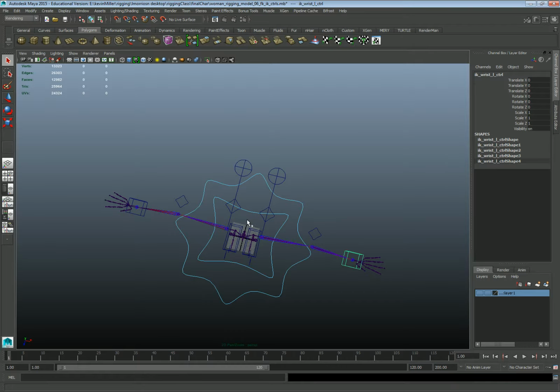I'm going to resume here. Because I think I've got a solution that's going to work for you to be able to create your controls before you move them into place. So I think my Maya just locked up on me. Essentially what I'm going to have you guys do, come on Maya,